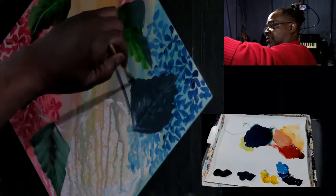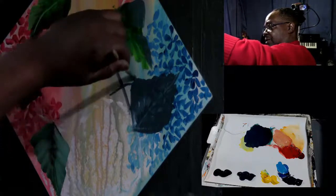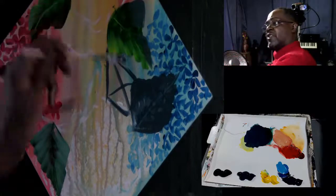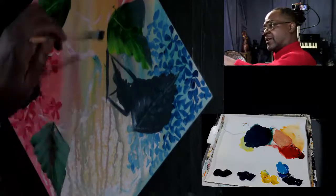Start off with a cross. We'll start the cross right around in here so you guys can see it. And once again, I'll do the same thing, just like this. You can overlap your leaf. There's nothing that says you can't overlap your leaf. Okay. And once again,